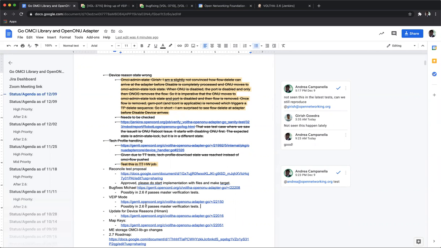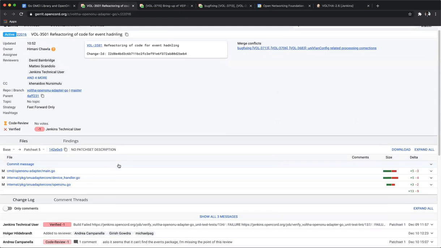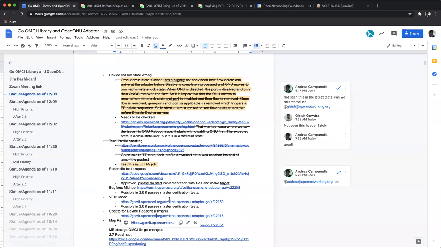Himani, do you want to give us an update on this patch that you have to update the reasons here? Yes, actually, this is not for the reason field removal from the device. This is because of some refactoring of code I've done in VoltaLib for event refactoring. I've introduced one more package, event, wherein I've moved the event proxy changes.